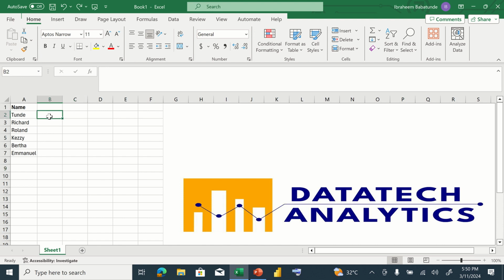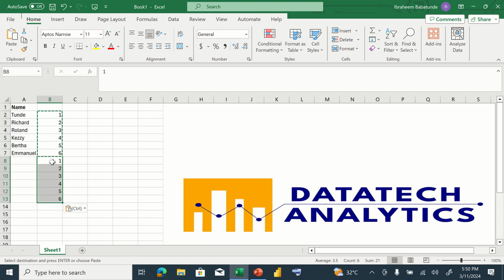What you will do here is just to come here, then give it a number. You will see the trick I'm going to use. Give it number 1, 2. Let me autofill it down instead of creating it manually. You can see that I have 6 names here, but I want to create a blank space in between those names. Now, what you need to do is just to copy this number,